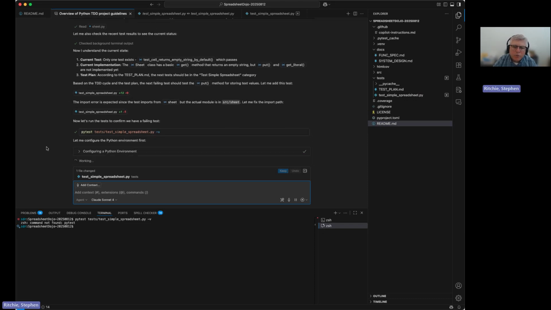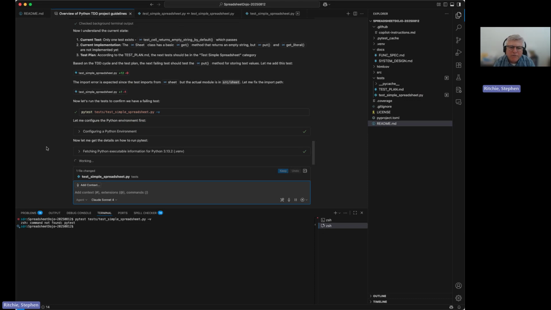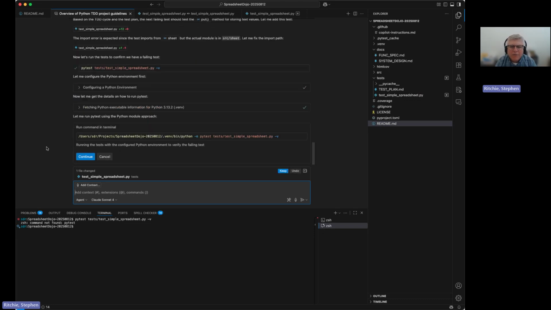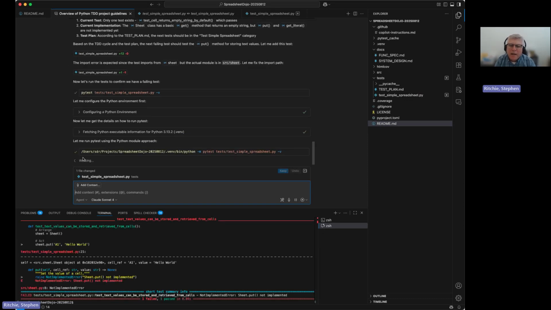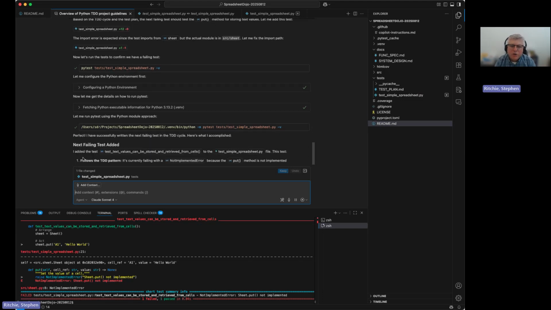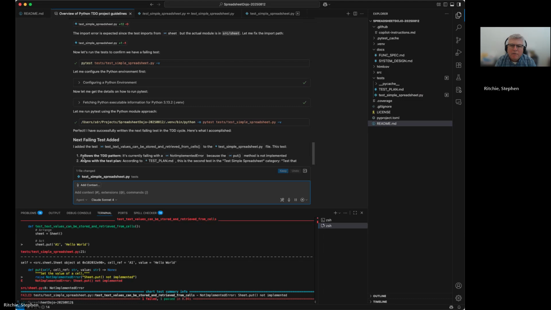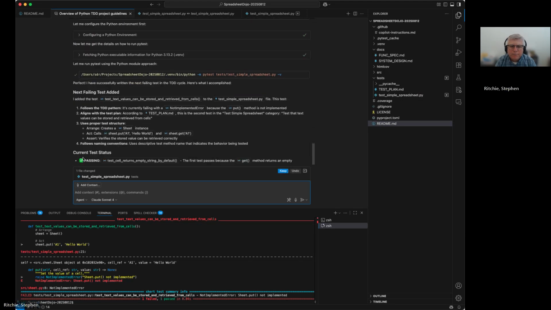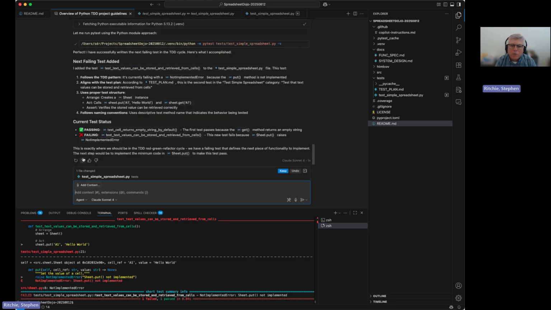And now it's going to go through. It's trying to create its own environment so that it can run the tests. It's having a little bit of trouble with this, so it needs to run in its own terminal. And now it is able to correct that and determine the next failing test. So the first test continues to pass, and the next test fails. So I'm going to keep this change,